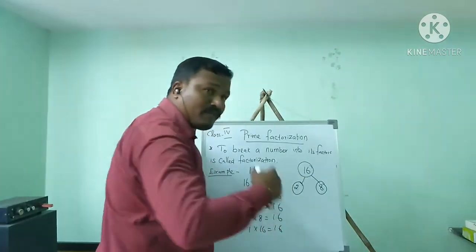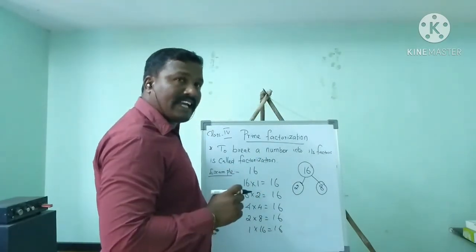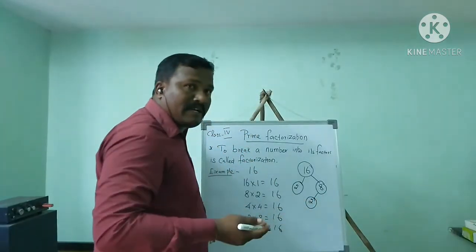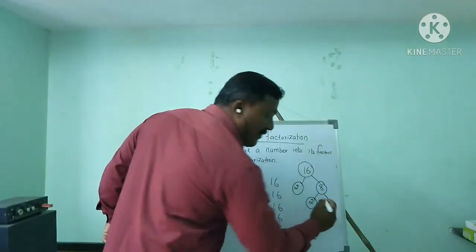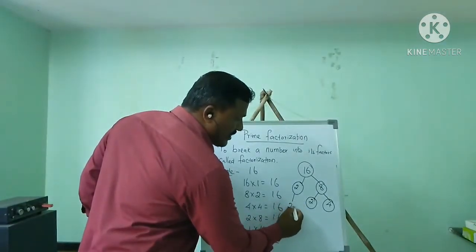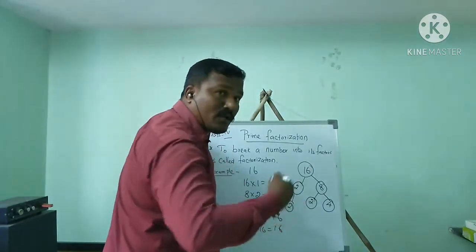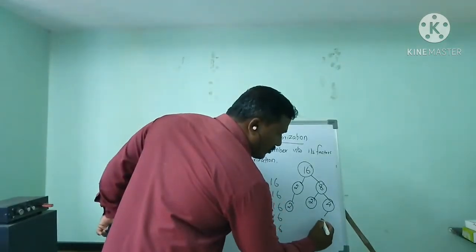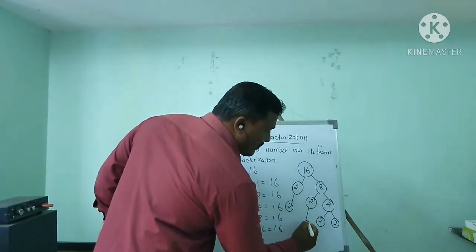But here I am going to find the new factors of this 8. So 4 twos are 8. So 2 I will put this side because 2 we can't divide more. 4 I will put that side because 4 we can find more factors. So I will take one step downside, because this is the third step. Now I am going to find the next factor of this 4. So 2 twos are 4. So I will take one step downside.